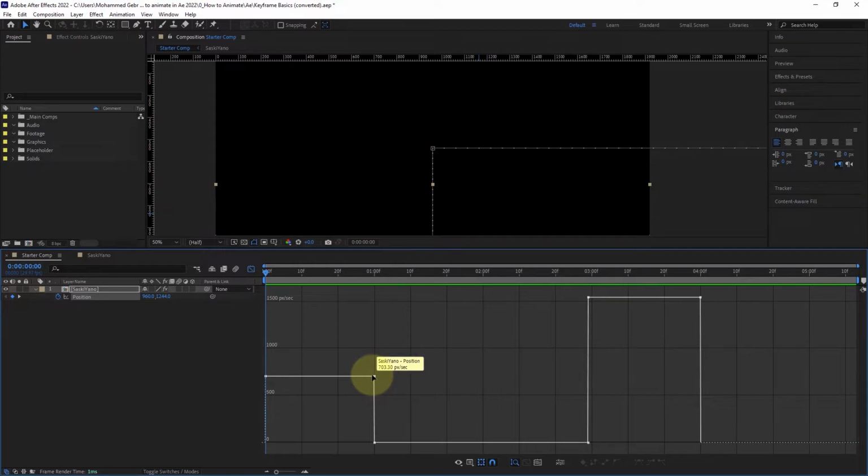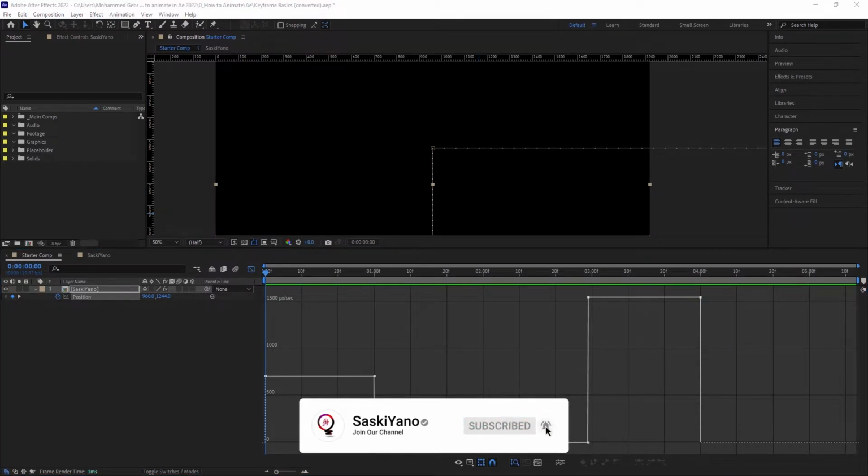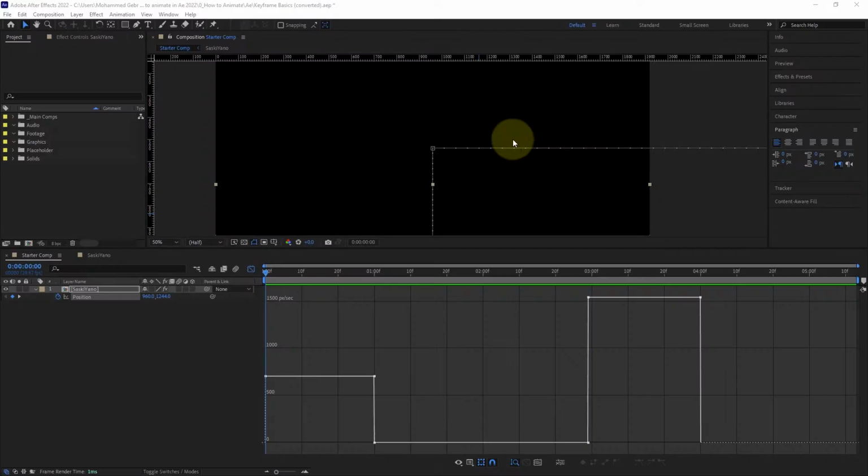And it continues at that speed until this frame here at 1 second, where it goes to 0 instantly. And then right down here, just before 3 seconds, we go from 0 pixels per second and we fly right up to 1541.04 pixels per second, and then it flies off the screen. These types of linear keyframes, or linear interpolation, work for a lot of things, but it may not be the